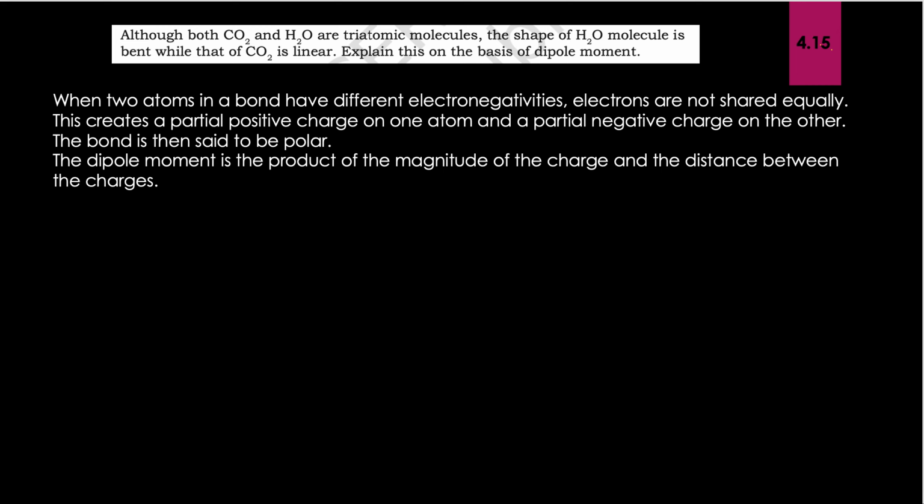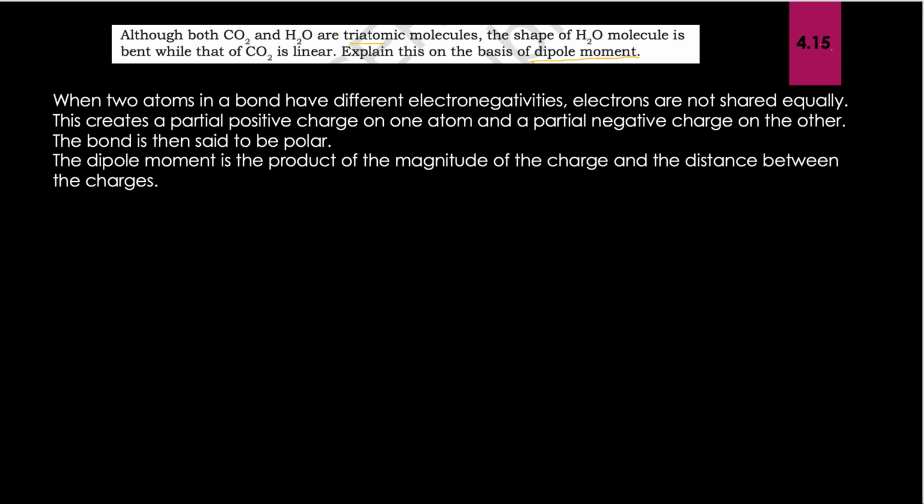So here the question clearly says that you need to explain the shape of two molecules based on dipole moment, where one molecule is bent and the other one is linear, even though they are triatomic. What do you mean by triatomic? Triatomic molecules are those that have three atoms in it. So triatomic means three atoms. So before we go into finding the shape and the reasons behind them, we should know what is a dipole